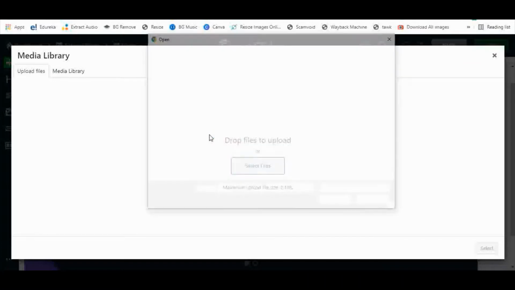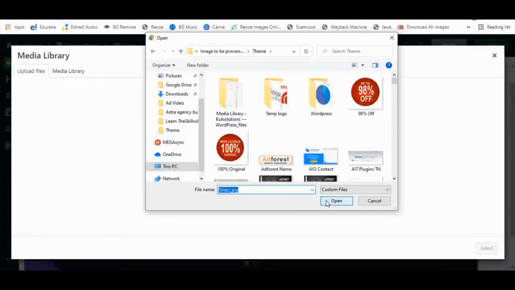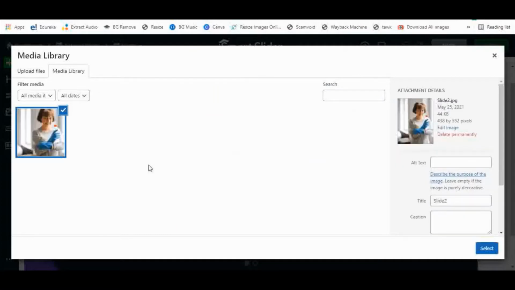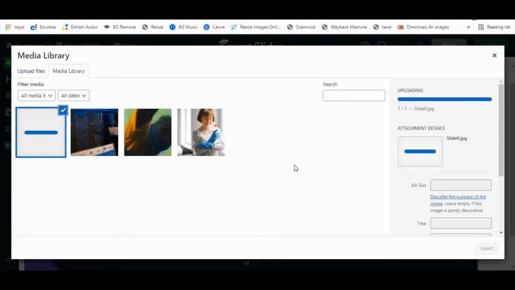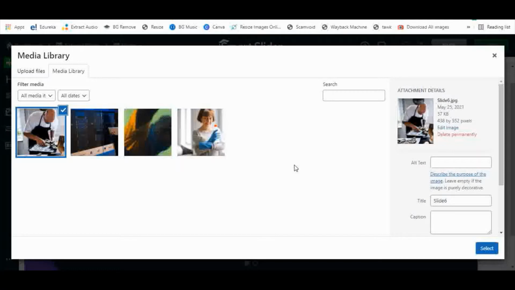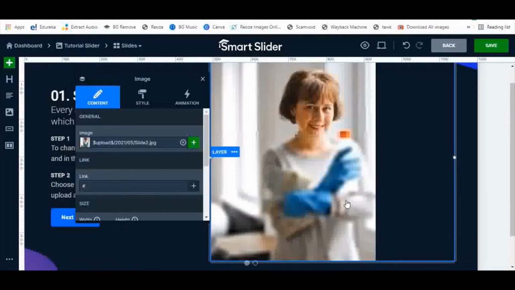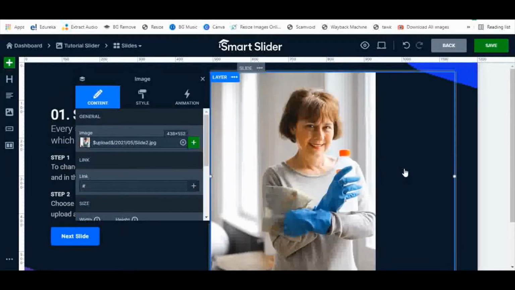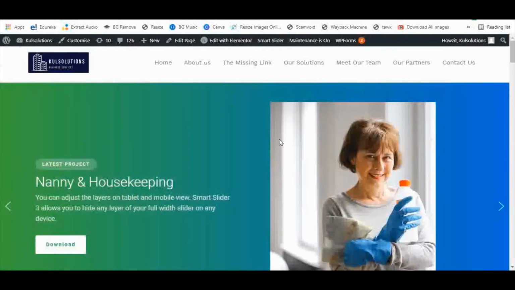So let me check and quickly add an image here. So now I have added a few images here, and I will select the first image and go back to the slider. So this is how we can add the image to the slider,